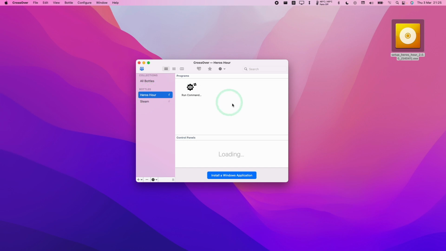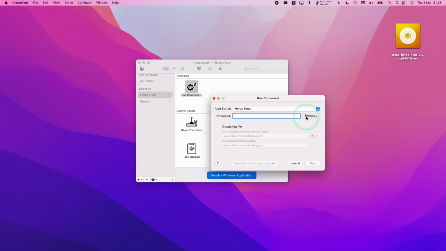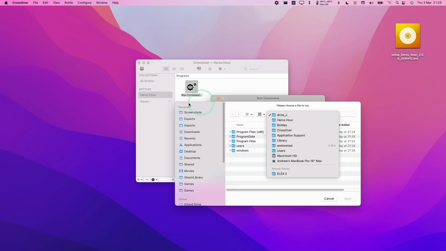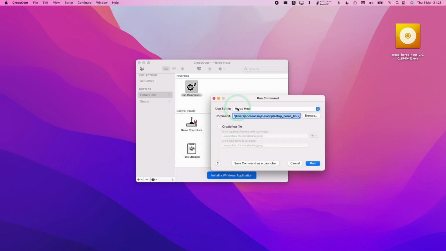And now I've got my bottle here, and I've also moved the download of Heroes Hour from GOG onto my desktop. Once we've got the Heroes Hour bottle selected here, we're going to double click on Run Command, and browse to find the file that we've just downloaded, which I've put on the desktop. This is the GOG offline installer, and we're going to get it to run within this new bottle. Here we're going to press run,